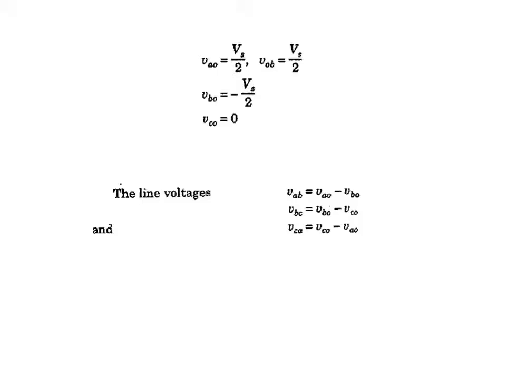From the waveform, it is seen that the phase voltage has one positive pulse and one negative pulse, that is, for each 120-degree duration, for one cycle of output alternating voltage. These line voltages however have 6 steps per cycle of output alternating voltage.